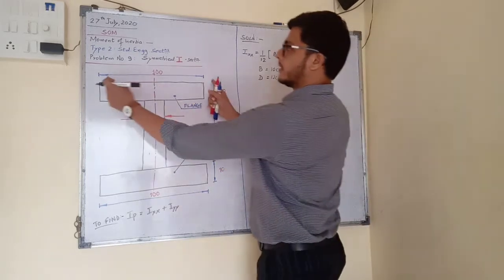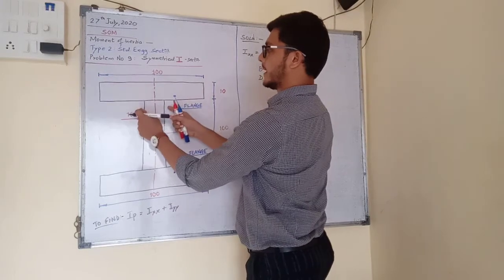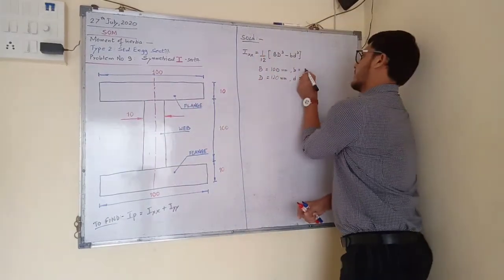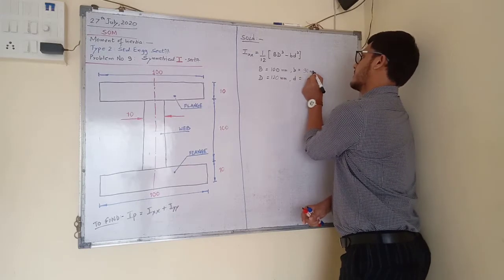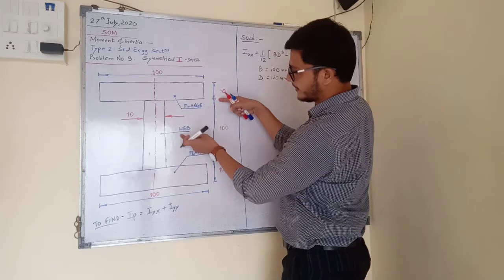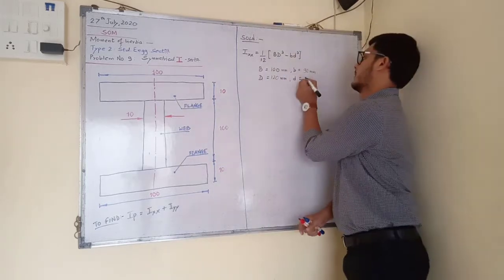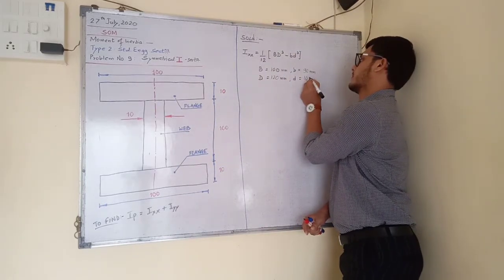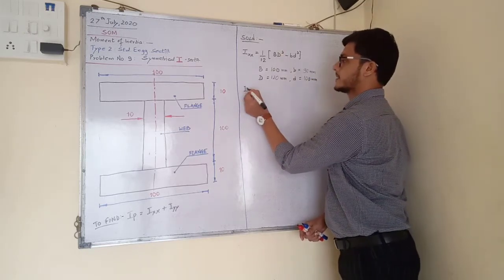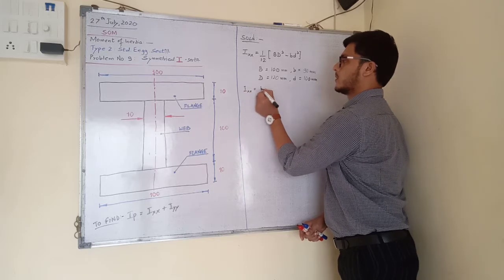Small b will be total width minus thickness of the web, 100 minus 10, 90 millimeter. Small d will be depth of web, which is 100 millimeter. Now substituting these values in the given formula, so Ixx is equals to 1 by 12